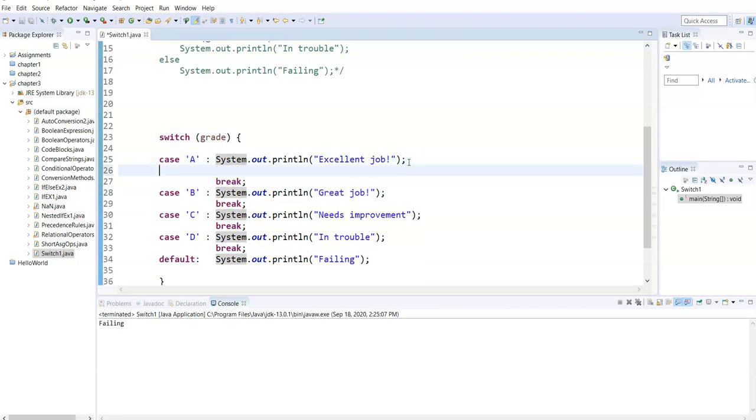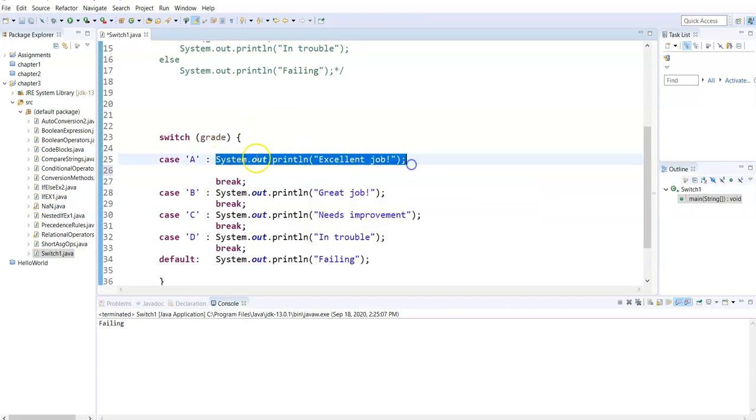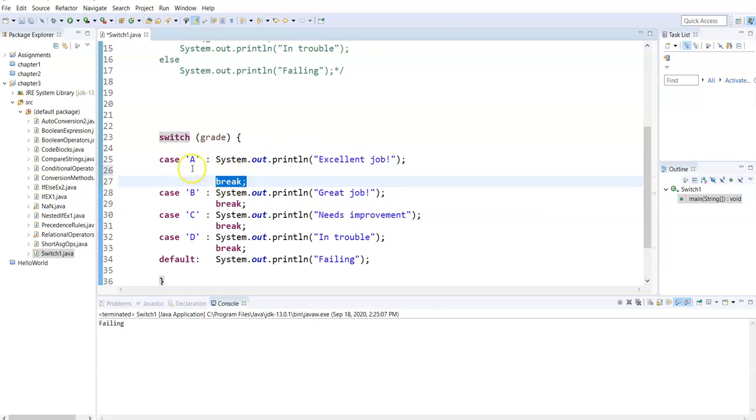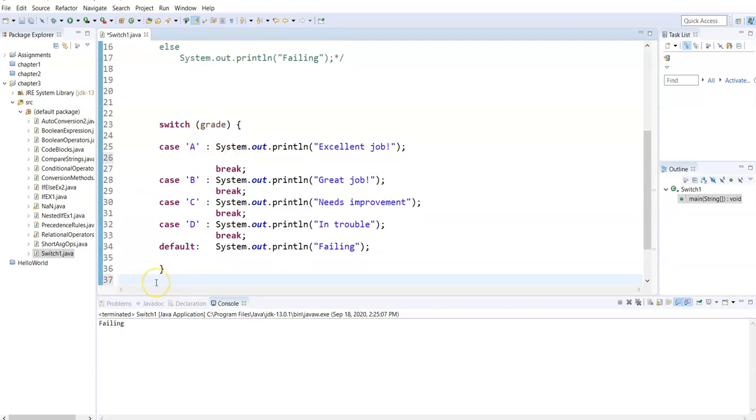Now I could have more than one statement. So I could have something else happen here, like another system out print or some calculation, whatever the case might be. There's no restriction on having a single statement. But whenever you finish the statements, you want to have a break such that Java comes out of the switch. So the break is going to break it out of the switch such that it's going to do whatever the next statement after this block is. Because right here is my block for the switch, right?